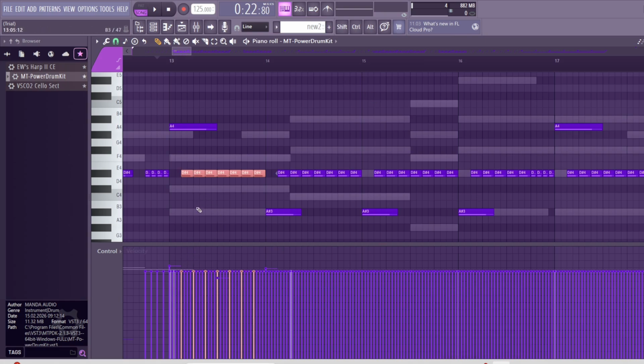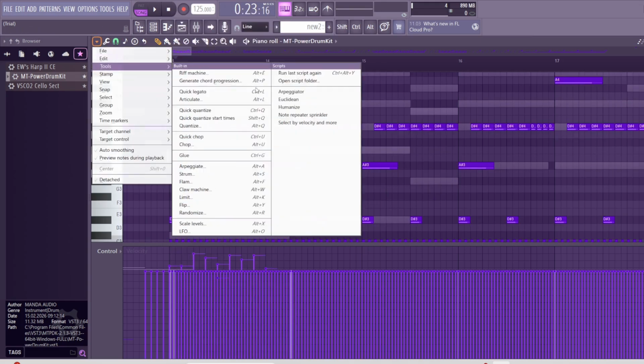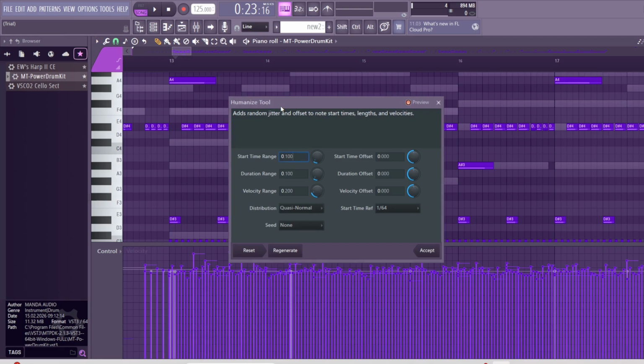So I want the first one to be a bit quieter. Here they can be a bit louder. You can also use the Humanize tool here. It's quite random, but it really helps.